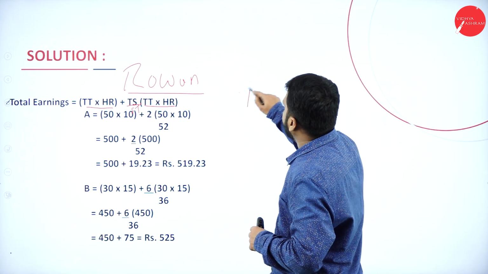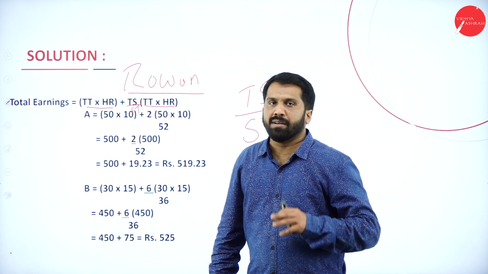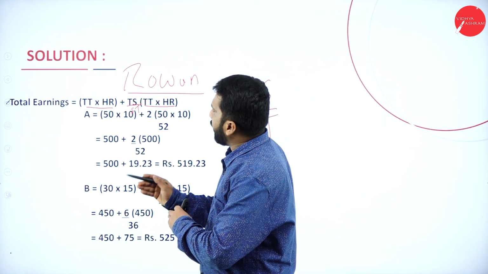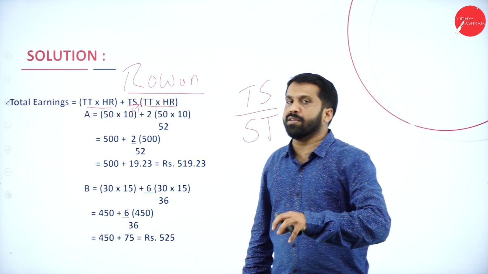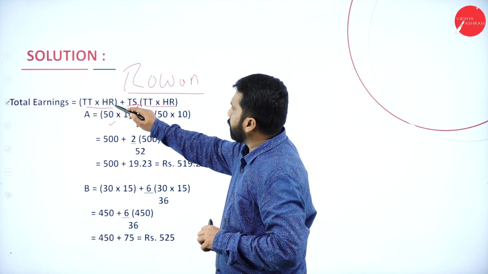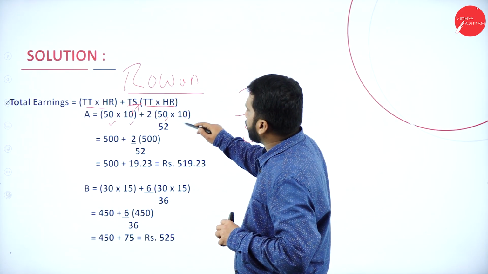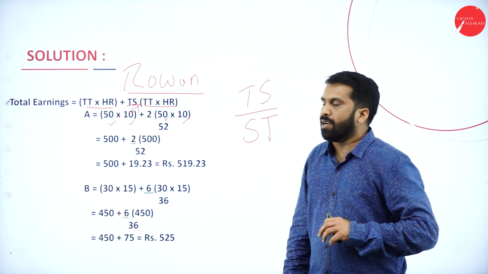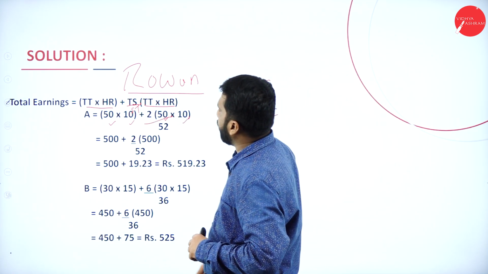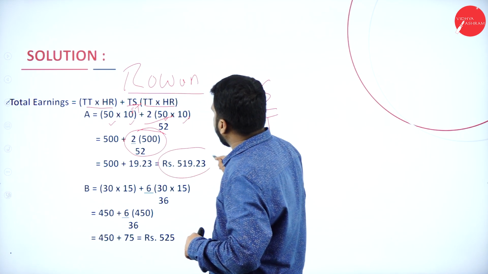Remember, time saved divided by standard time. Now, we will implement the numbers into the formula. Time taken 50, hourly rate is 10. 2 by 50, it will be how much? If you simplify this, you will get around